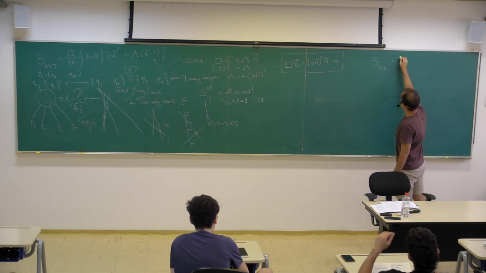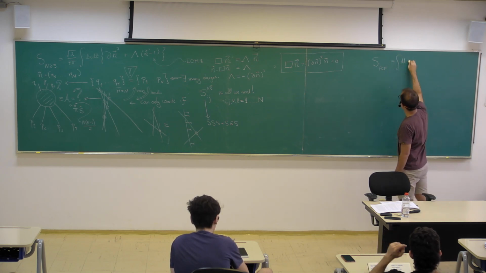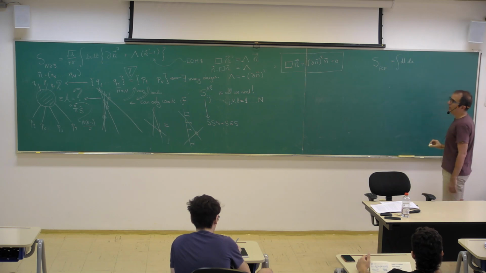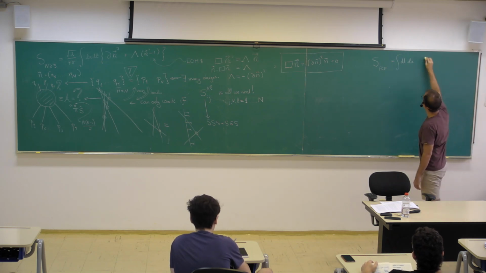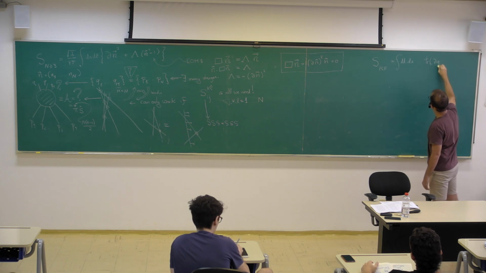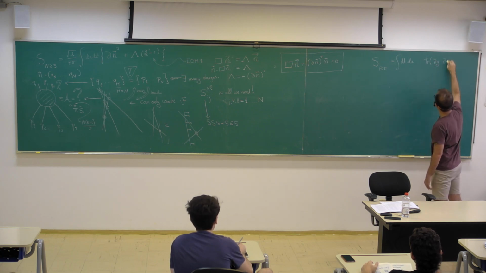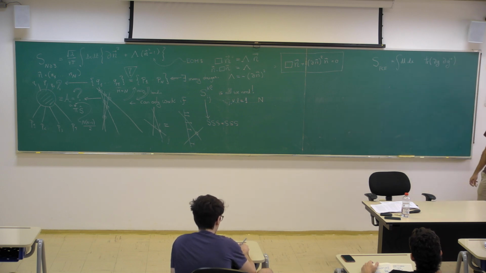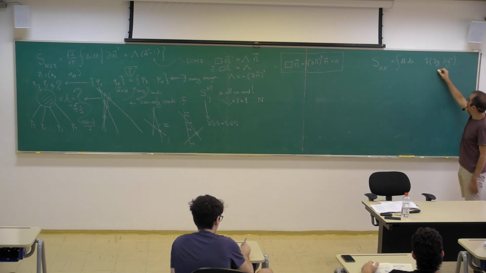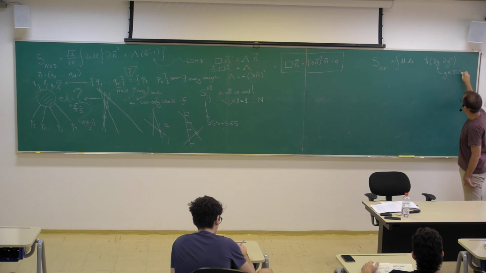And the principal chiral field would be the same integral over time and space. And now it will be the trace of a derivative of a group element G times the derivative of the group element G^-1. Just take this, where G is a group element now. Now G is an element of SU(N). So this is very similar to trace of F squared in a non-abelian gauge theory.